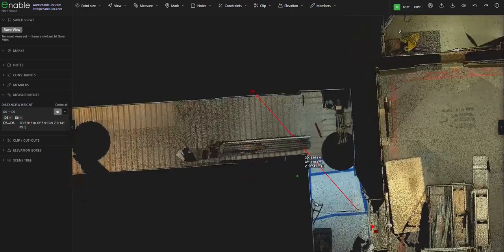And if we go back to our measurements, you'll notice now that the 3D and XY, which is the 2D dimension, are much more similar to one another. And that is because the Z component is no longer over a meter, it is much closer to 1.4 meters or about 6 inches. Which measurement you want will depend on what you're taking off, so it's kind of suited for purpose. One last thing with this distance tool that I want to cover is the fact that you can